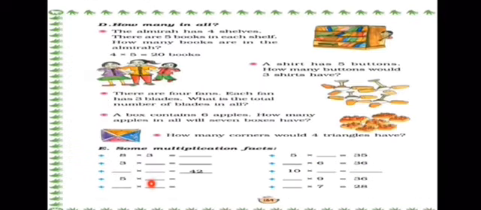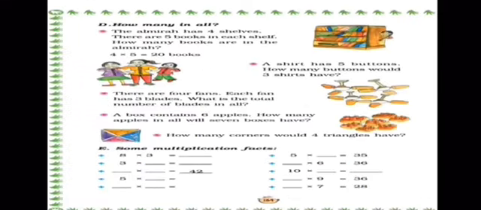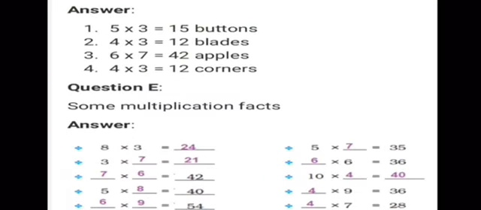5 multiplied by dash is equal to dash. Now here also 5 is given, so you can take a number of your choice and you can write the answer as well. But it should start with 5. So I have taken 5 8s are 40. Now in this the blanks are given, so you can take any number of your choice and multiply with any number. So here I have taken 6 9s are, so 6 multiplied by 9 is equal to 54.